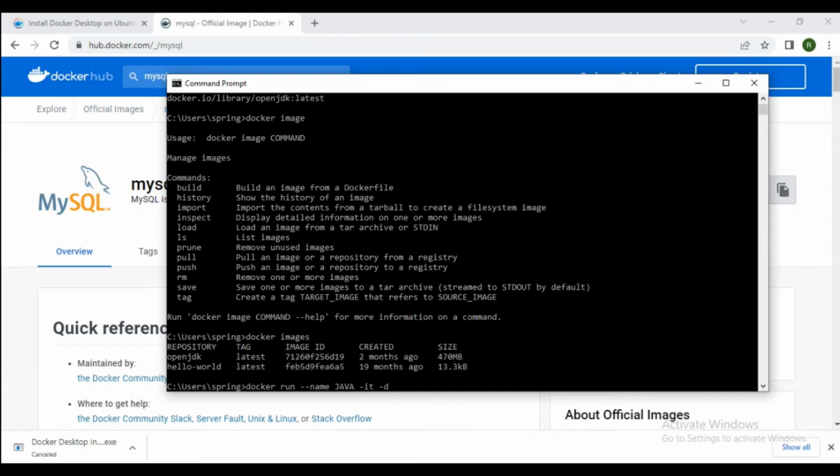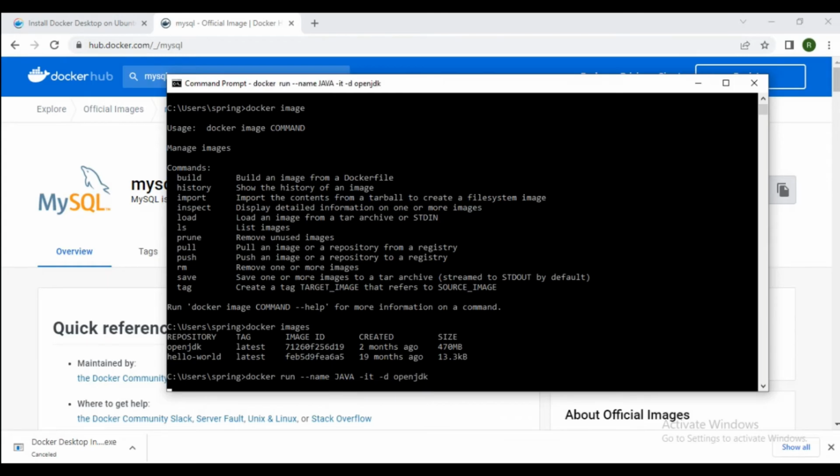After that -d, detach, so the image is running in the background. If you don't give -d, the image opens and just closes, it will not run in the background. So for running in the background, we require -d, that is detached. And last is the repository name, that is openjdk. Give enter.